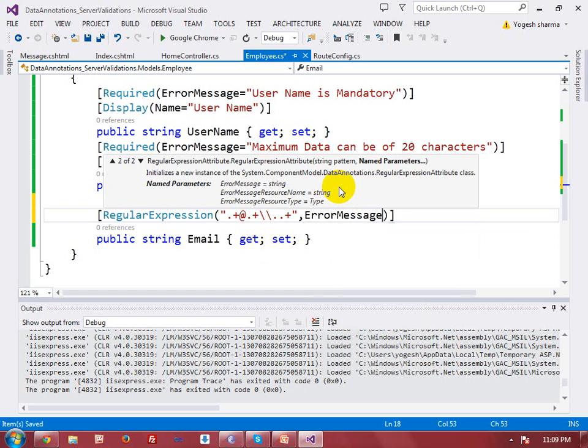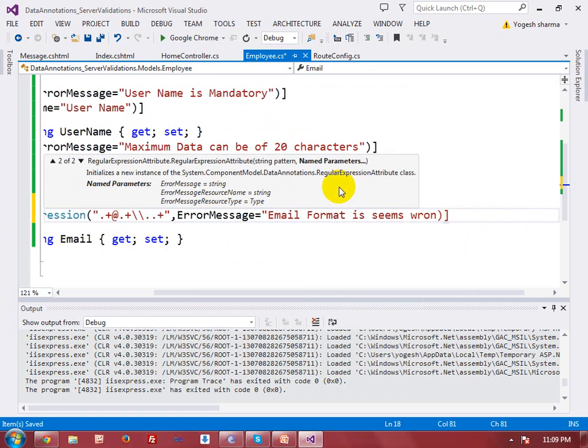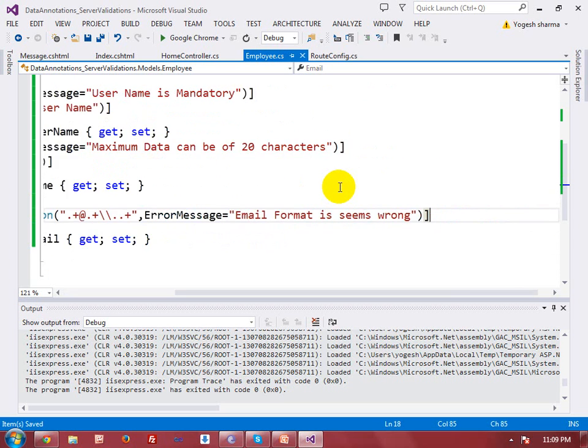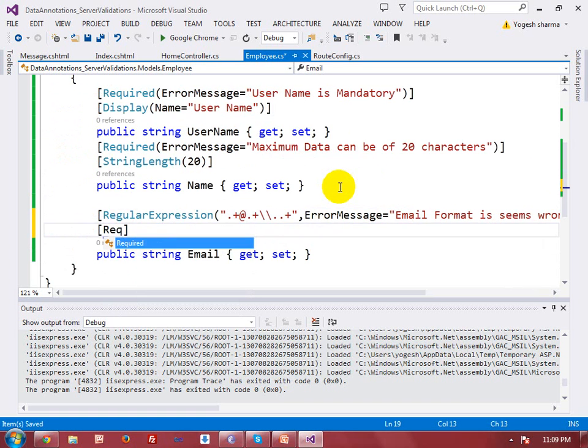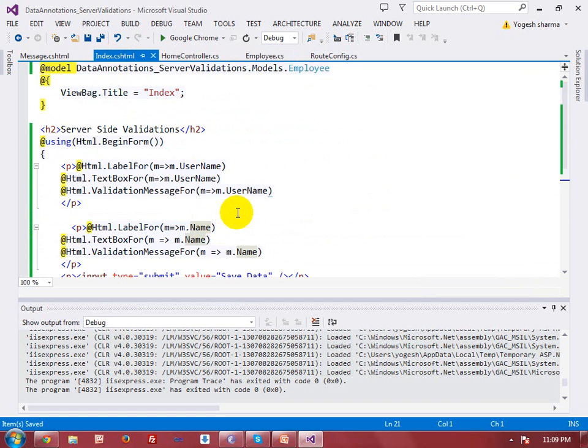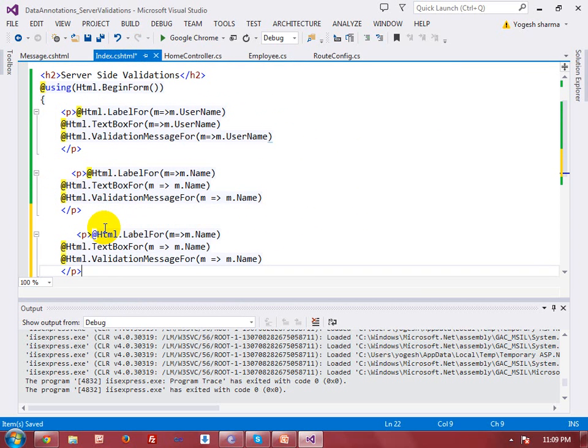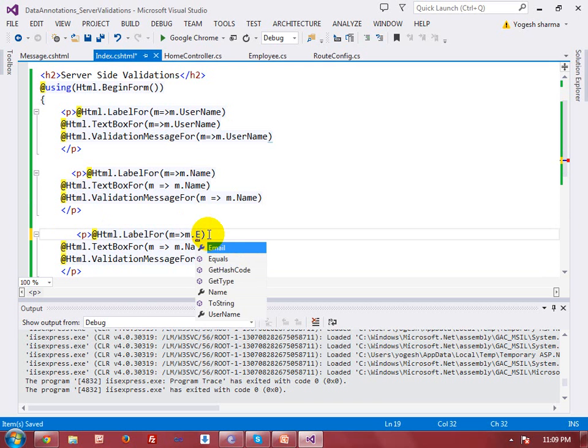Now the error message should be email format is wrong. This is my error message. And if I want to perform other validations over here, I can do it by using the required. Now I have to make changes in my view also. I am taking here Control J email,